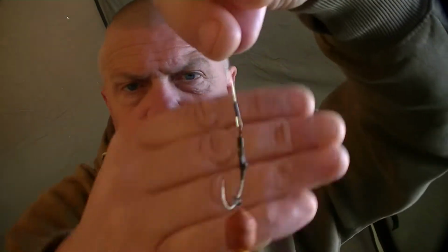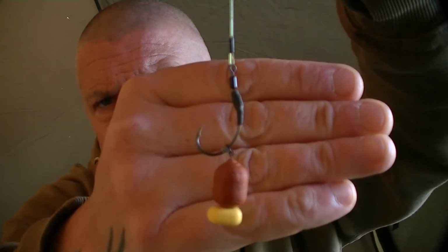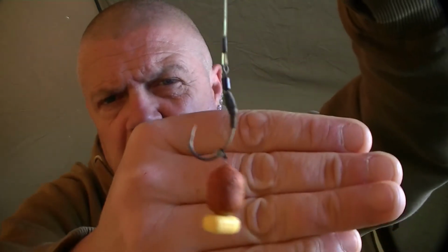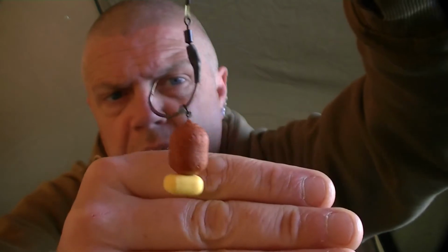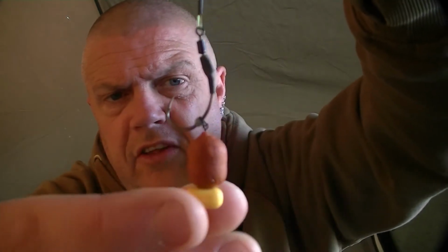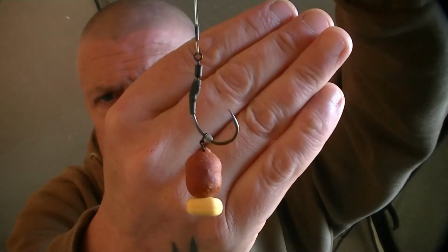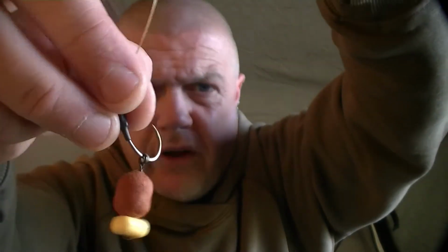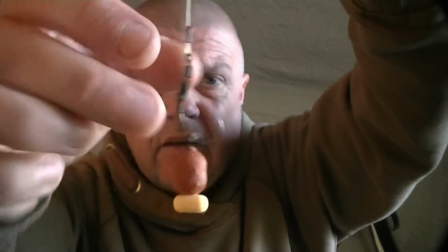crimped, covered by a medium kicker, size 11 swivel, again size 4 curve shank, and to that one I've mounted a Match the Hatch wafter and tipped it with a piece of plastic corn. Again, that's running on a ring swivel stopped by a hook bead. So